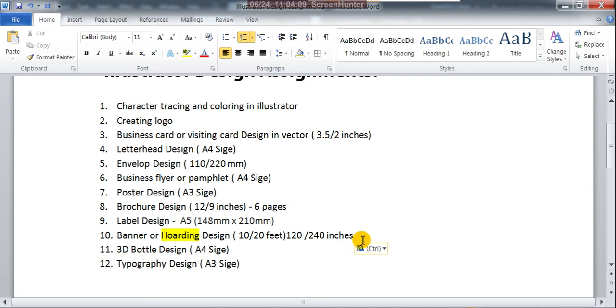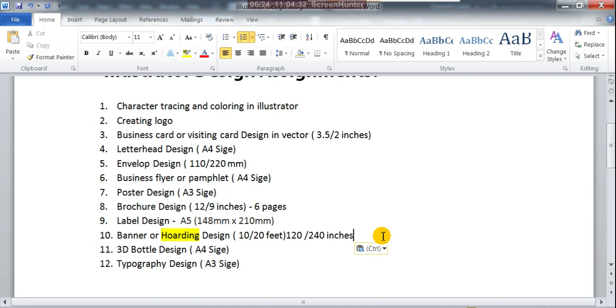With 10 by 20 feet, you can design the entire hoarding, but you have to prepare your images accordingly. How to do that, I'll explain. Suppose it is 120 by 240 inches.